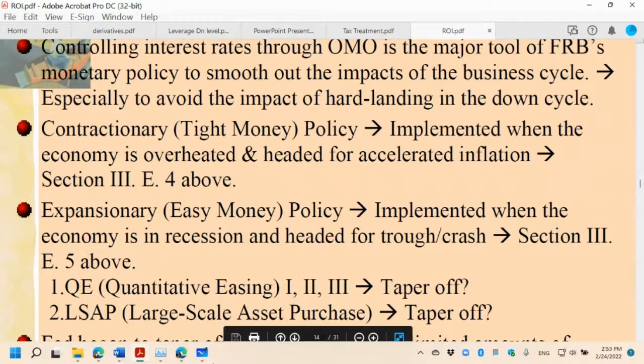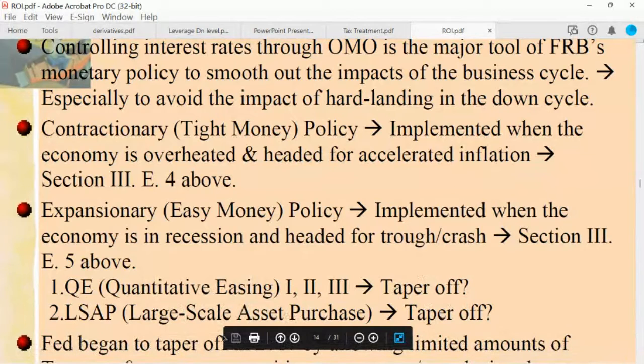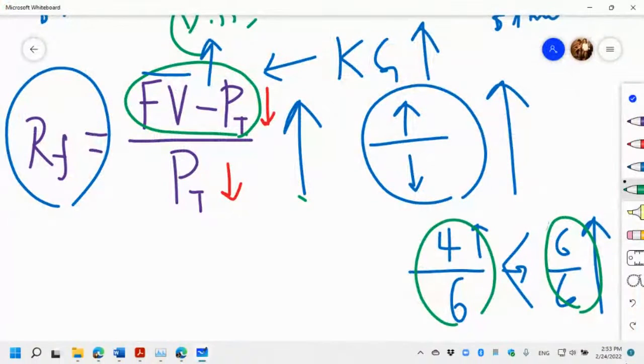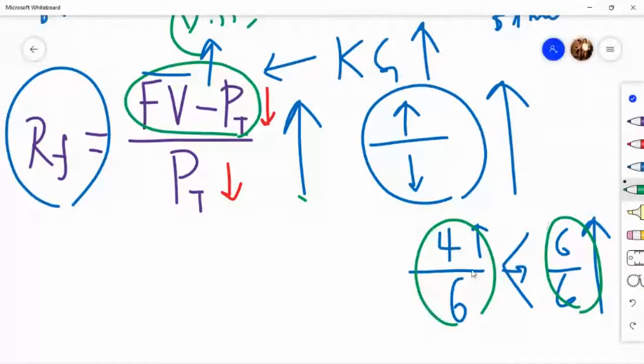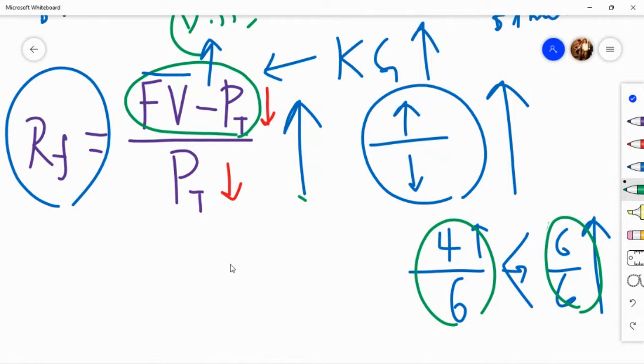What does that mean? Does anyone know what tapering means? Does anyone know what taper means in the monetary policy context? Anybody thought about that? Someone said reduce. Who was that? Claudia. Okay, Claudia. Yeah, that means reducing the money supply,